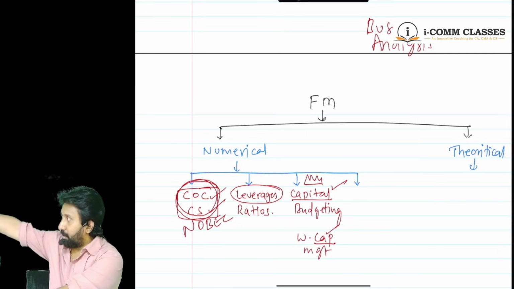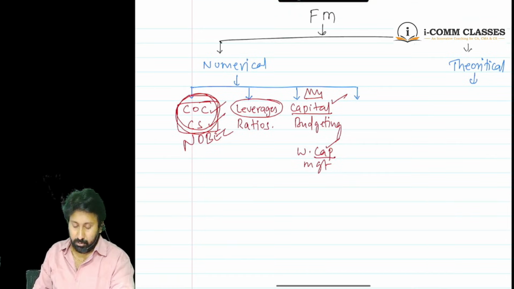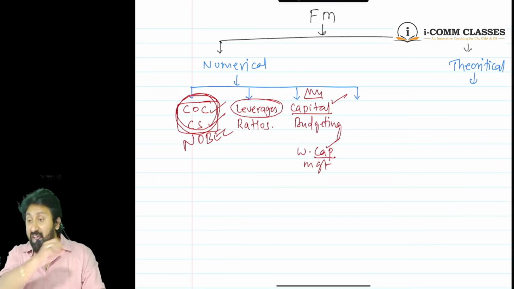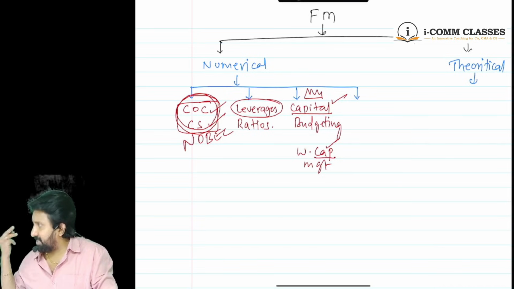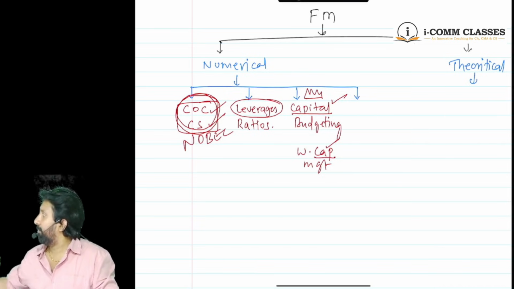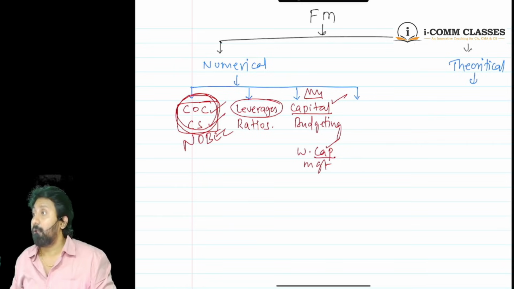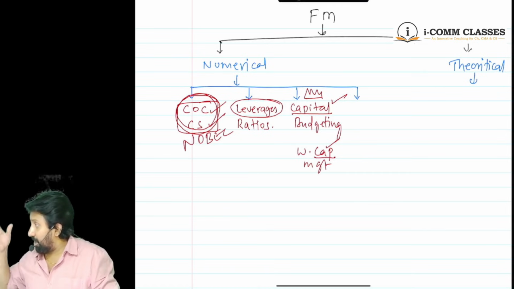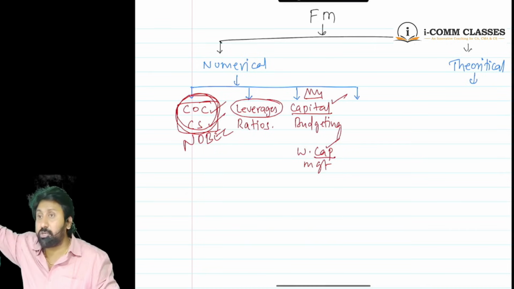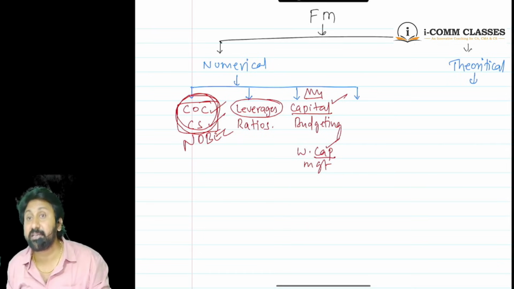Leverages analysis and ratios analysis. These 2 chapters are the nervous system of the entire finance field. Whether you study CFA, CMA US, or any international course, these 2 chapters are mandatory to learn. I have done CFA level 1 and level 2. Even there, ratios are present, but under a different name, the financial statements analysis.